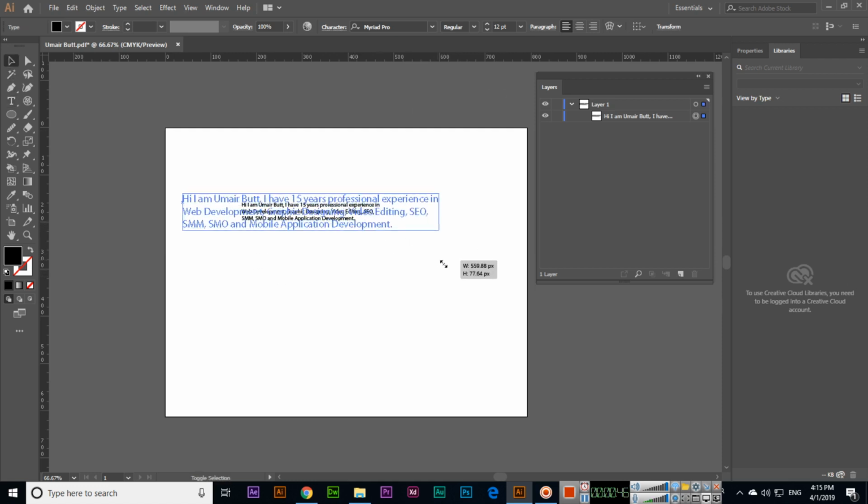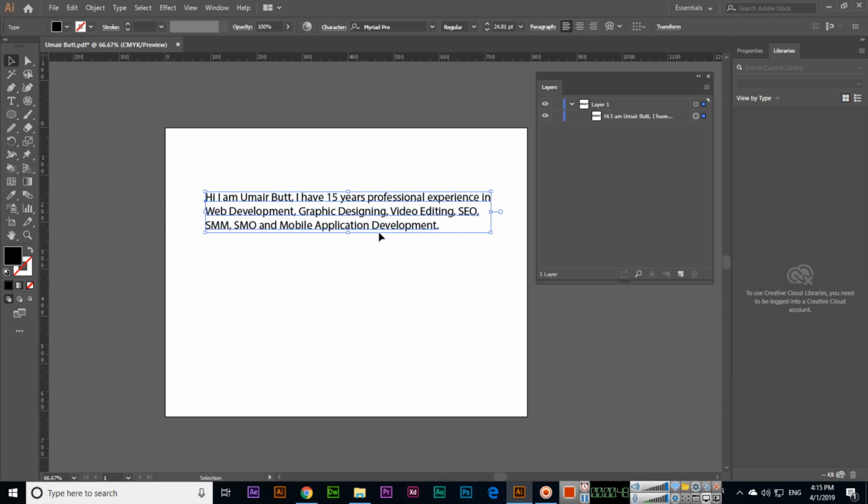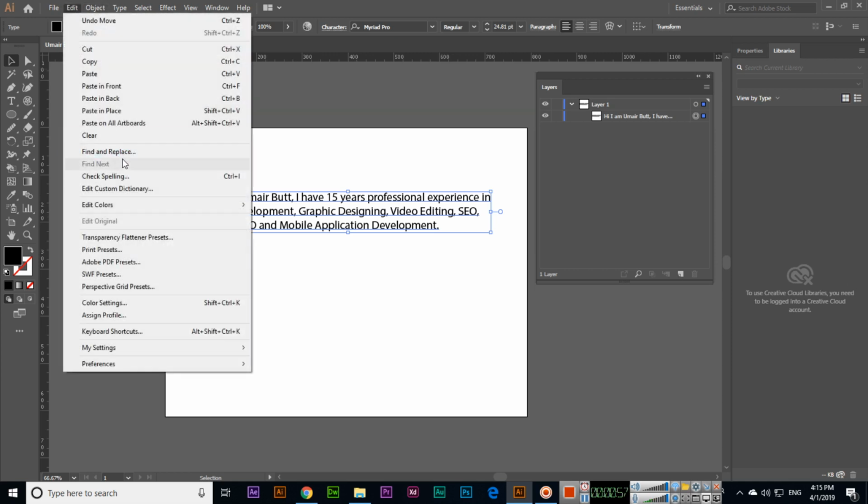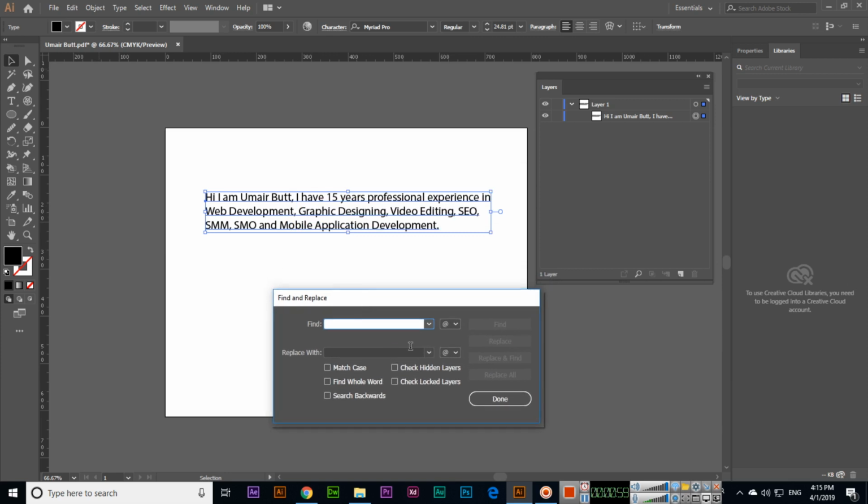So if we increase the size, and now if I want to find and replace, like edit, find and replace, so find SEO, I will find, and you can see this will highlight, and then we can replace this text with like search engine optimization, and we can replace this one, or we can replace and